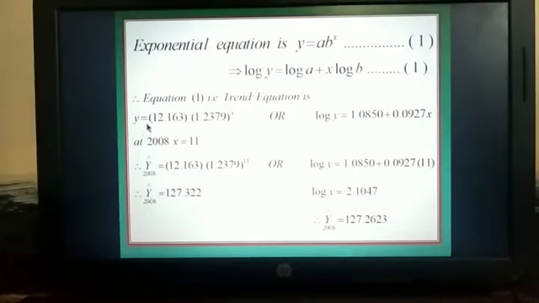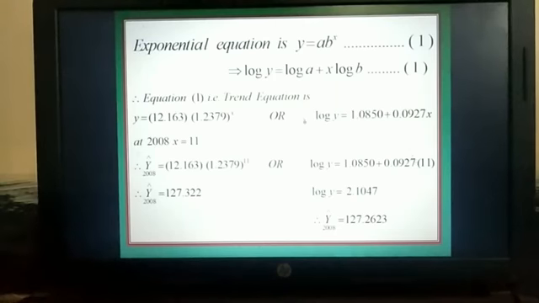This will be the Y equation, I mean Y is equal to something equation. Once you are estimating, it will become Y cap in terms of notation. At 2008 you are estimating, so Y cap at 2008 is equal to